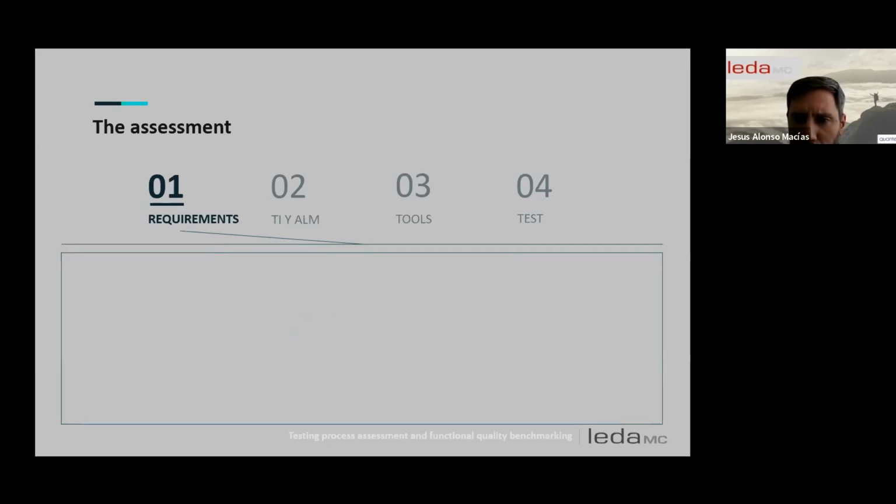We are going to see the example, as I said before, of the assessment we made for one of our clients. As I mentioned at the beginning, we will see real examples of one of the many assessments we have carried out. In this particular case, when we extracted the evidence, we preferred to divide it into strengths and weaknesses to make it clearer. Let's look at the strengths part.